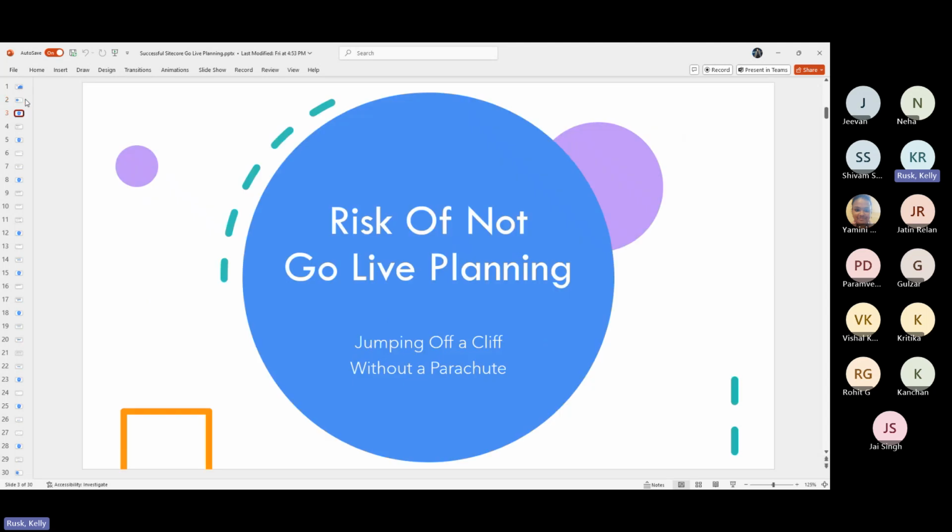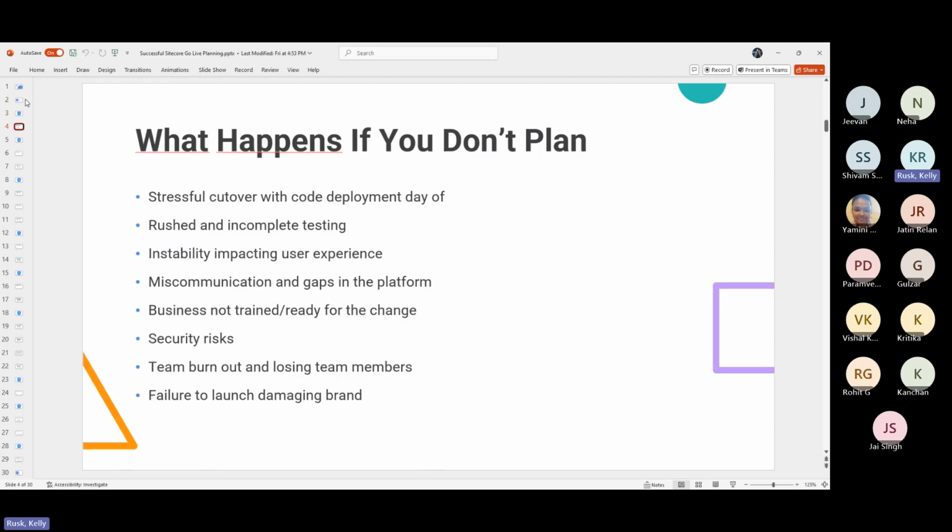So the risk of not Go Live planning, it's really like jumping off a cliff without a parachute. You know you want to jump, you're ready to go, but there's a lot of challenges that can happen. Specifically, you can have a stressful cutover with code deployment the day of. We want to avoid deploying our code the day of a release into a new environment. So you can release your code into it, but as far as cutting over and saying, hey world, come look at my stuff, we should not compound things with trying to do a code release and all those activities the